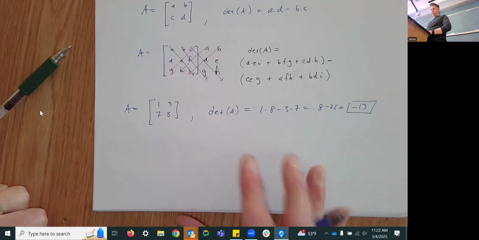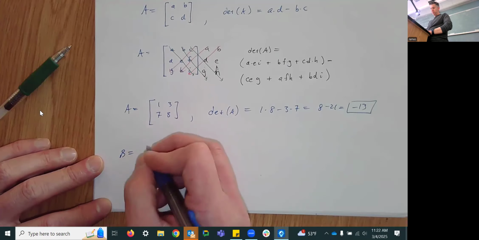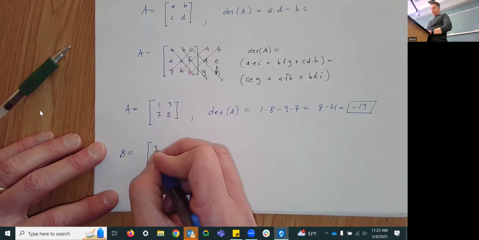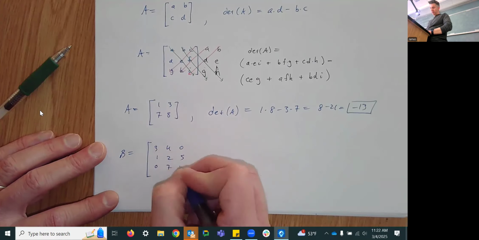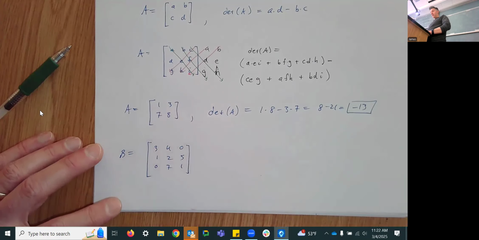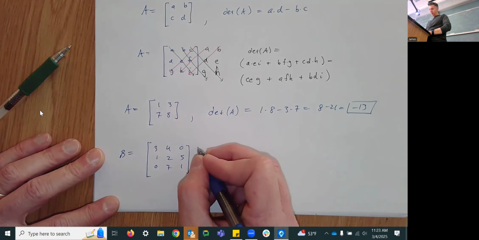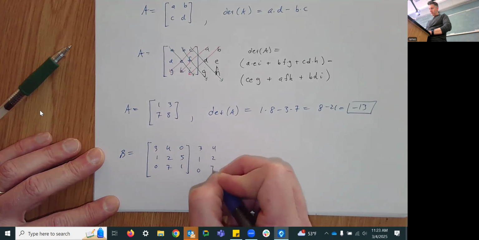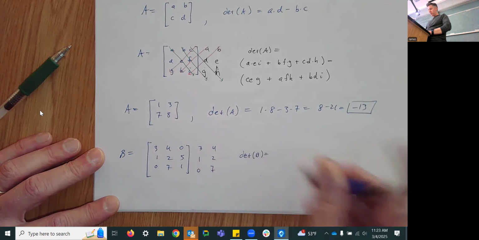Or for a larger matrix, let's call it B. B equal to 3, 4, 0, 1, 2, 5, 0, 7, 1. The way you find the determinant of B, well, again, you're going to write down the same two columns. I'm going to write down a 3, 1, 0, and a 4, 2, 7. And the determinant of B is going to equal